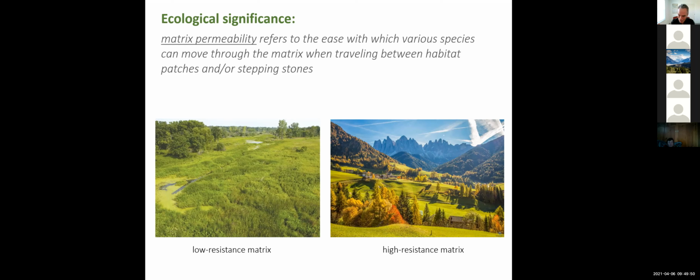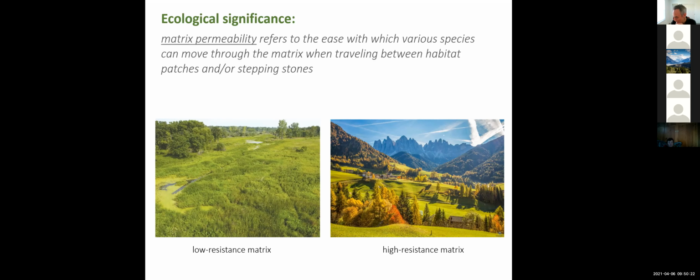Birds that are flying, obviously, are going to have a different measure than animals that are running along the ground. And large mammals, for example, will have a different measure than small rodents. So a matrix that can be easily traversed by some species obviously may be a major inhibition to some other species. And what might all of that mean exactly when we're thinking about how to assess a landscape?